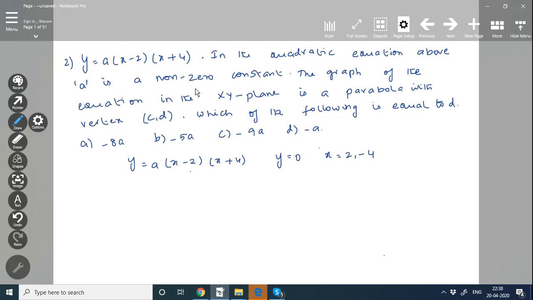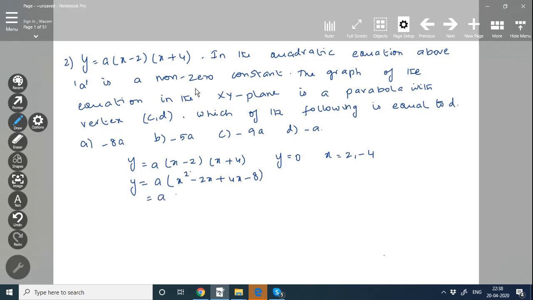But actually that is not the question. It is the intercept that we have found. It is only extra knowledge. But we are now supposed to find out what is the vertex. For that, we first have to convert the equation to the vertex form. Okay. So y equal to a into x square minus 2x plus 4x minus 8 is the equation,